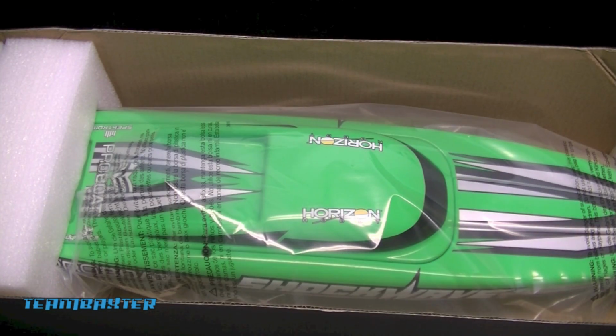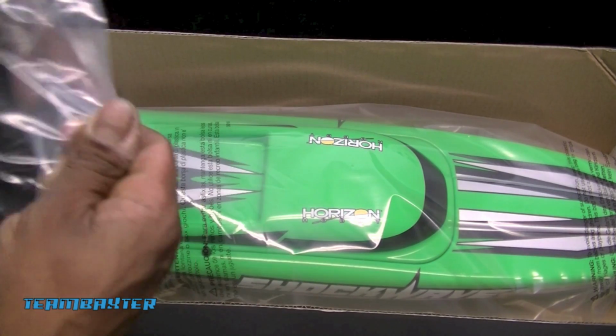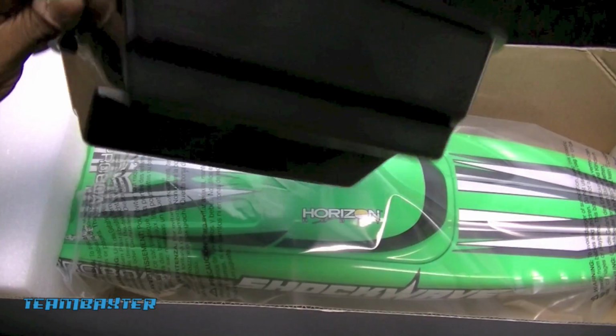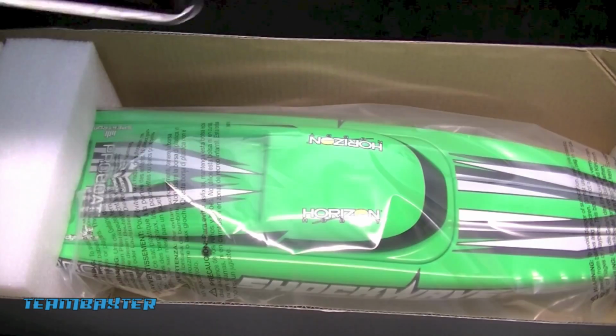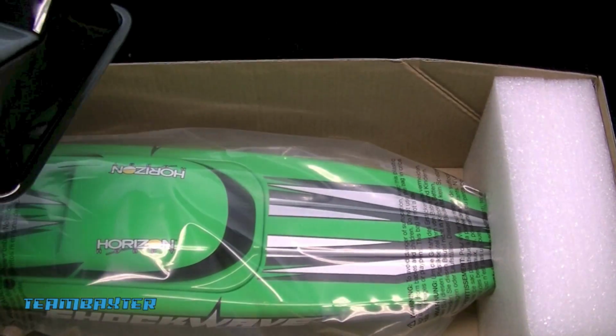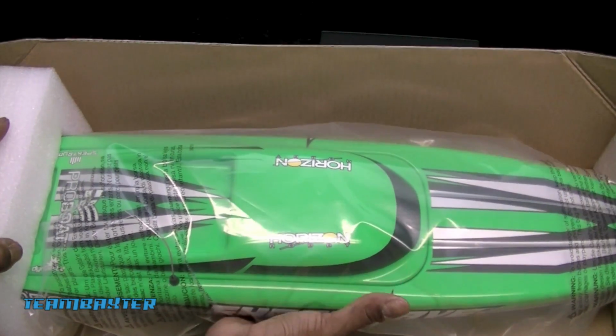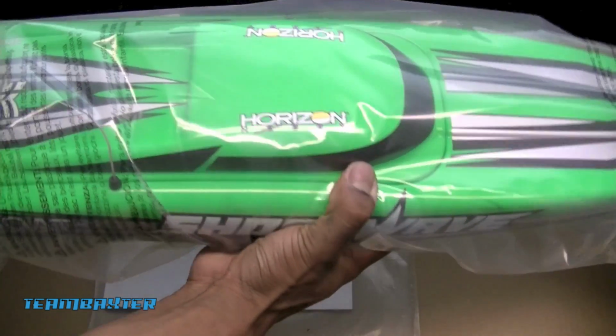Also, before I take this boat out of the wrap, I'm going to go ahead and open the stand so I have a place to sit it when I get it out. And as I've said before, that's exactly the same stand that came with Blackjack 24. So, put the stand down, pull the boat out. It's pretty light,